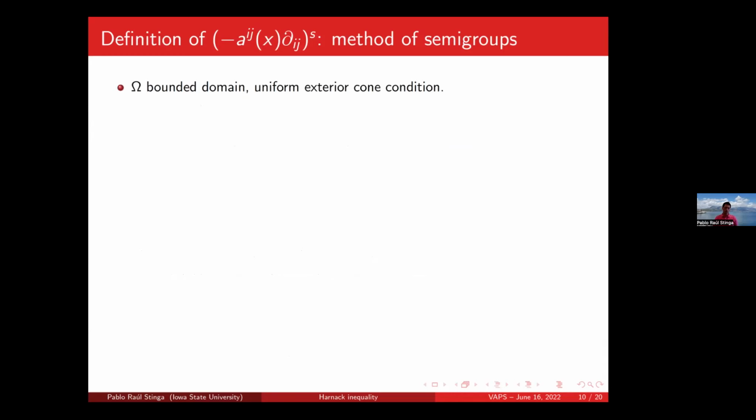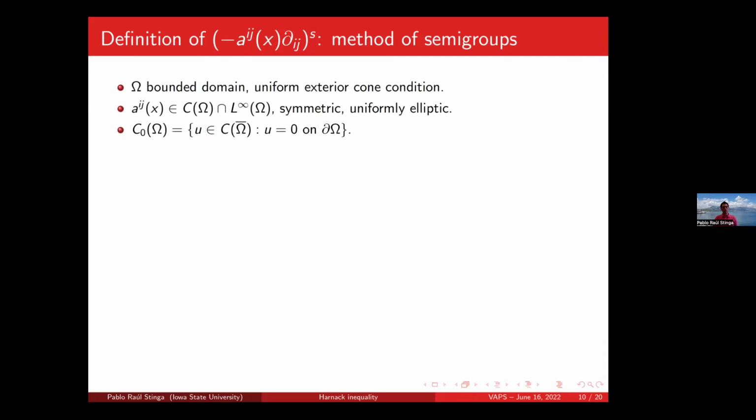So what is the setting? We take a bounded domain, which is Lipschitz with uniform exterior cone condition. It's enough. The coefficients, let's assume for now that they are continuous and bounded, symmetric, and of course uniformly elliptic. Well, we're looking at functions that are zero at the boundary. So let's look at this Banach space C0 of omega, continuous up to the boundary, that are zero on the boundary. Then the non-divergence form operator in this domain, so the domain is continuous functions that are zero on the boundary,